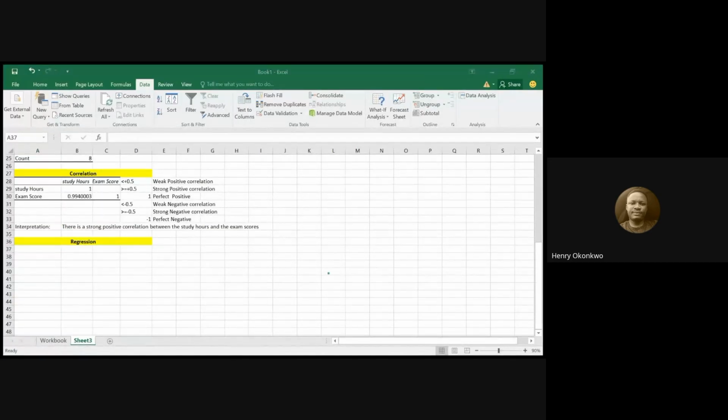Regression analysis is when you want to look at the predictive value when you have a dependent variable based on one or more independent variables. When you want to estimate the relationship and quantify their statistical significance,